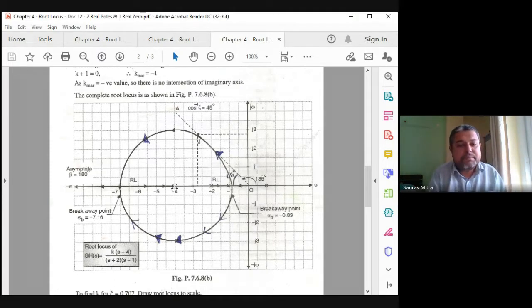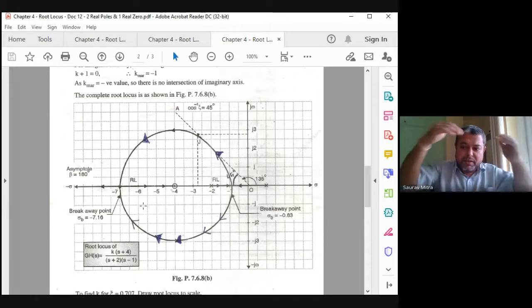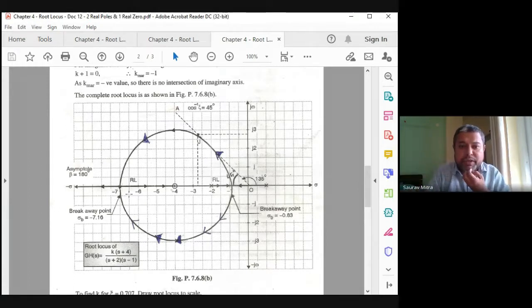We will see that. So in this case, we are finding that this is the breakaway point. That means from -0.83, one root locus will go up, another root locus will come down, and again they are going to meet at one point. So this point is called the break-in point. Though it is written here as breakaway, I call it the break-in point. Okay, that means they will join at a certain point on the real axis, and then from there one will come to the -4. So that is a closure end.